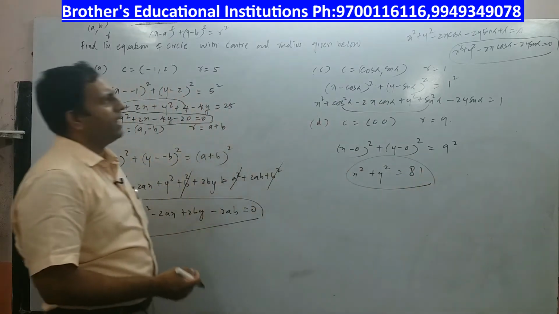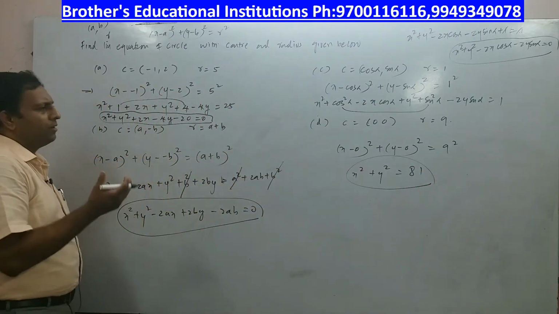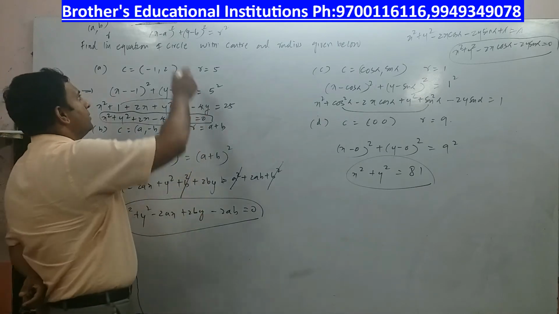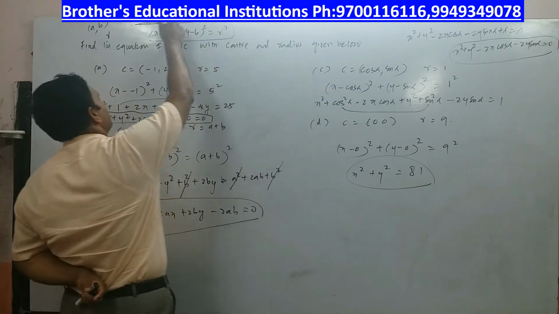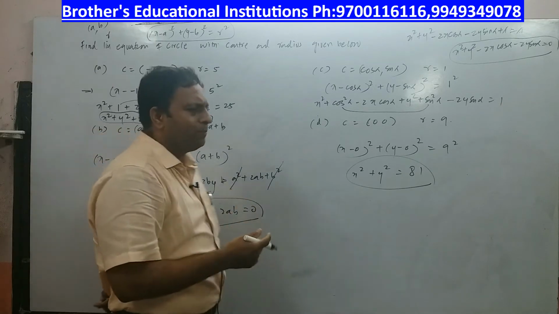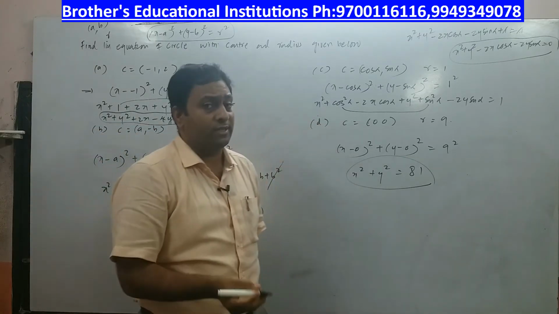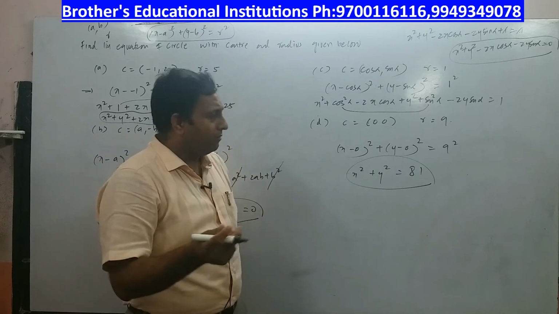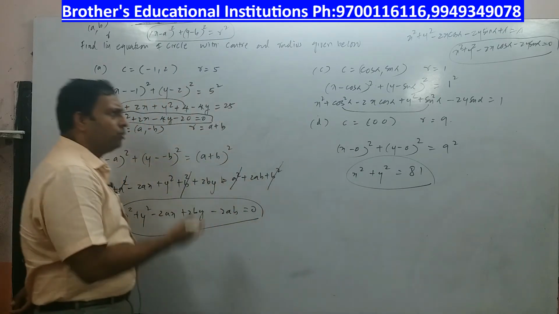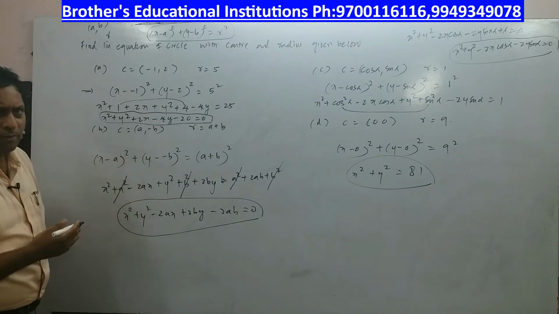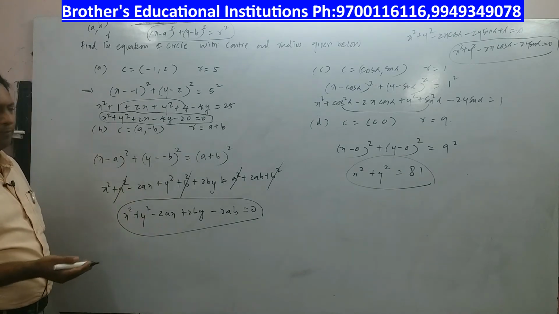So this is how you will find, and we have done this problem based on the formula (x minus a) whole square plus (y minus b) whole square is equal to r square. So here I am trying to do at least one or two questions based on one formula which I have discussed in the concept. I will give you some time to copy the video. You can pause and copy the video and then we will move to the next problem.